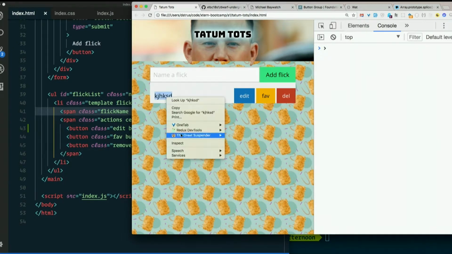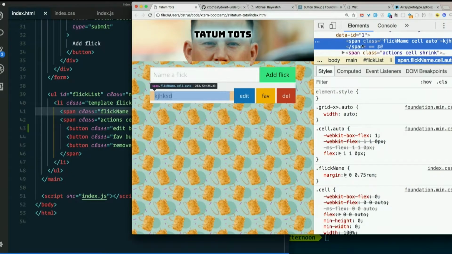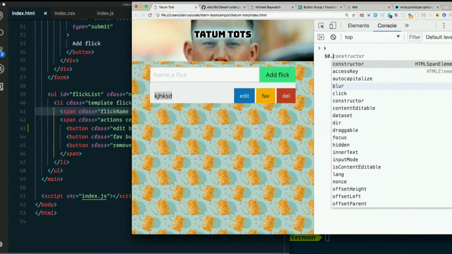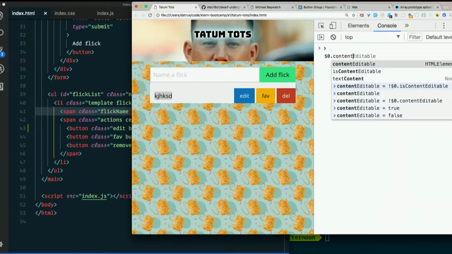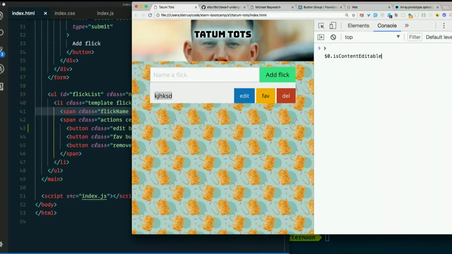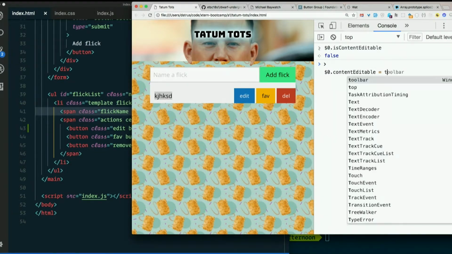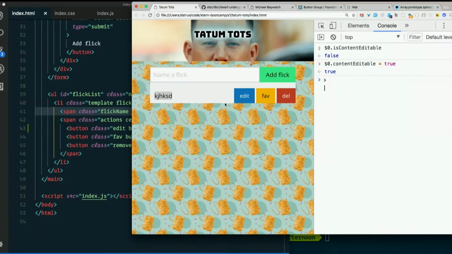Suppose we have the span. Here's the span. It's $0. If I say $0 dot content, okay, I see some interesting stuff here. contentEditable camel cased, and isContentEditable. Is content editable? It's false. What if I change contentEditable to true? There it is. And now isContentEditable is true. If I set contentEditable back to false,